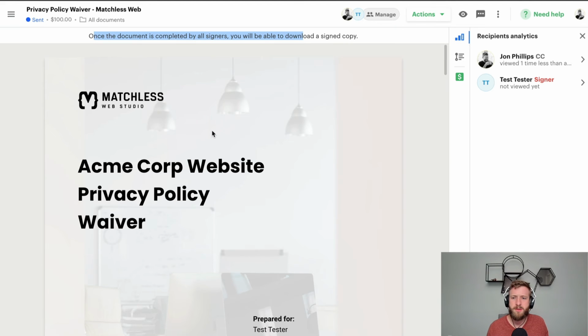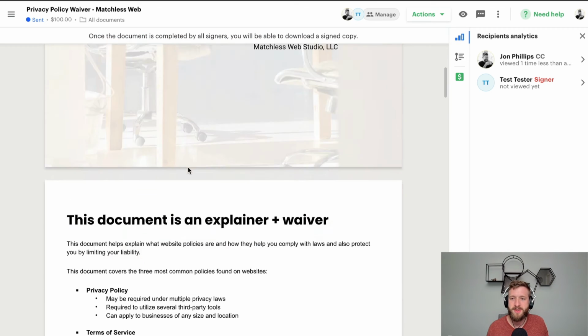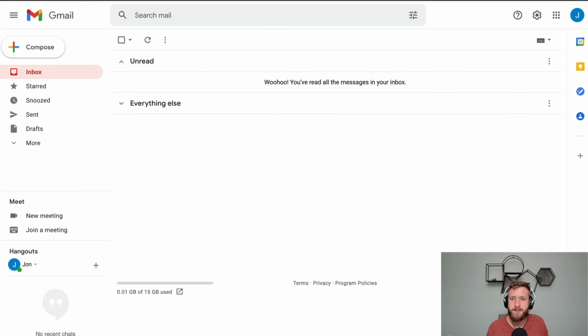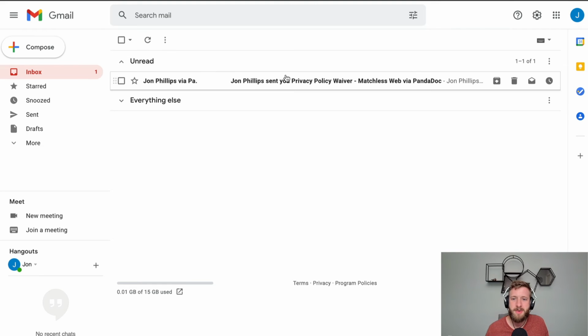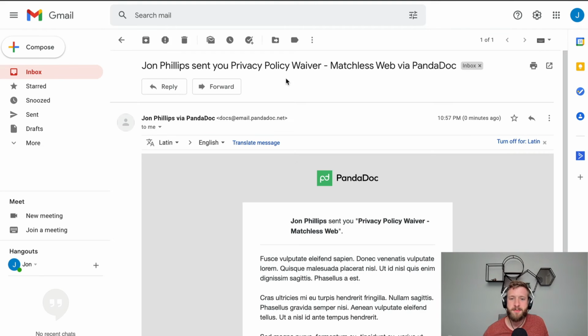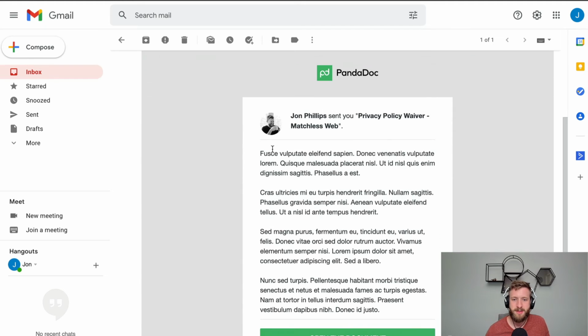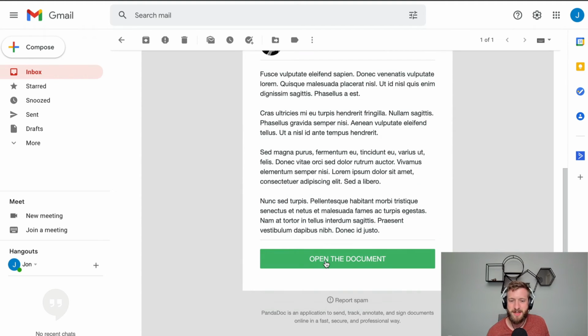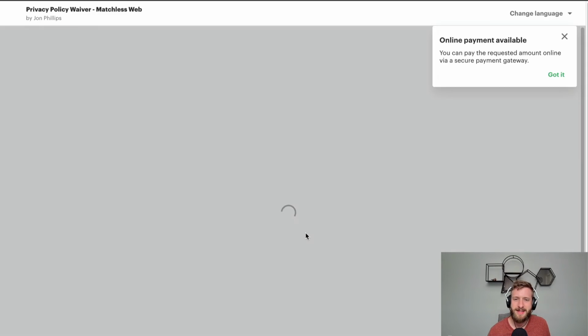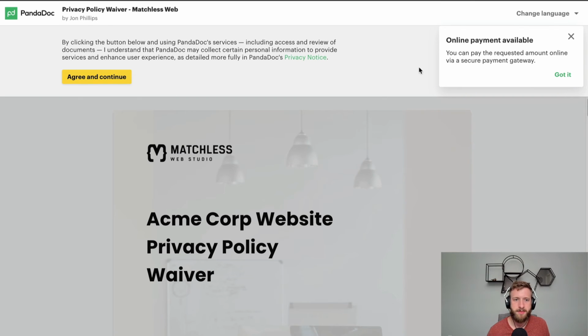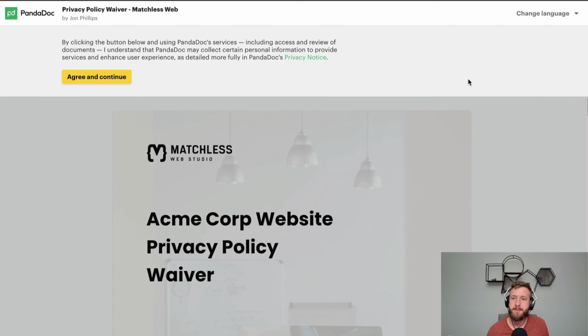But if I were to scroll down, of course, everything is now in its kind of completed form. The placeholders aren't there. So this is kind of what the recipient's going to see. If I go over to my test email account, okay, I see the email that's come from PandaDoc with the test message in there. So if I were to open up that document as the user here, there's that notification given, hey, you can pay the requested amount on this page via secure payment gateway, and you just agree to the privacy